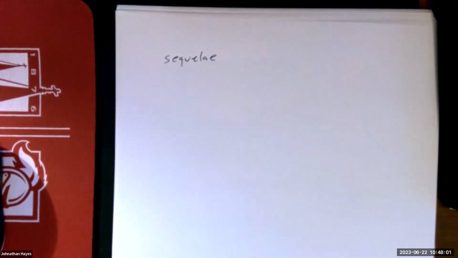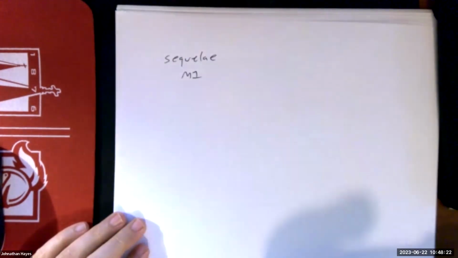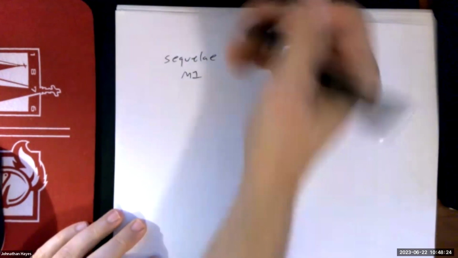So again, things don't have to always follow a certain sequence, but when we can predict that they most likely would show up if something's present, we can call that a sequela, right? A sequela is something that's a predictable outcome that follows a certain event or presence of something. So let's see, a sequela of a myocardial infarction could be